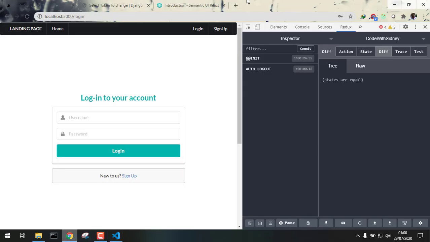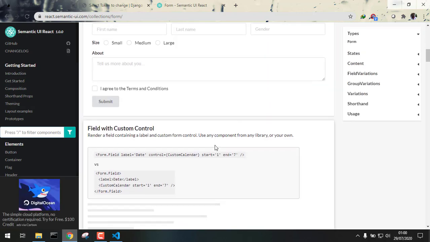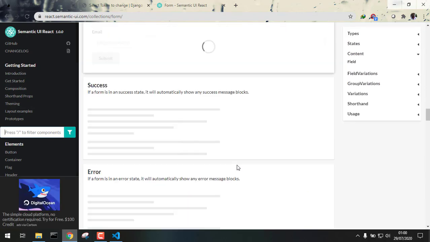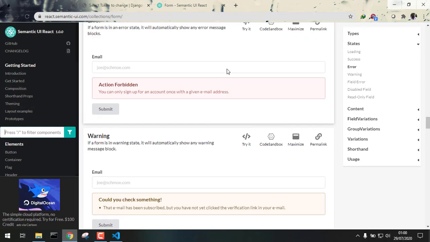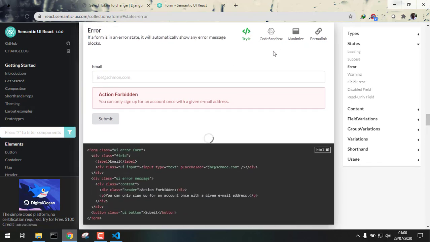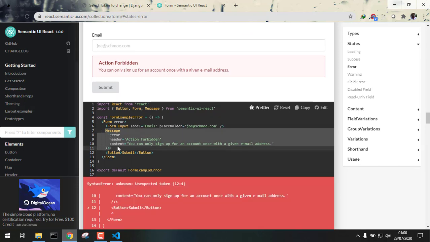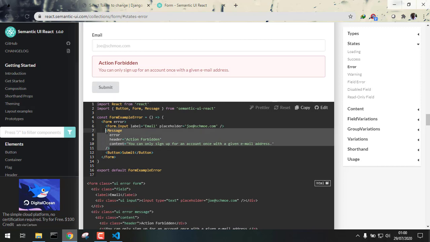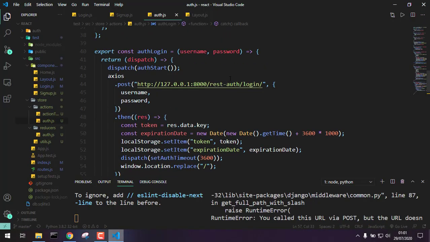So what you can do is if we go to Semantic UI, check for our form. Now we can look for a form message, something like this. So if we have an error, if you click on try it, basically it is this message component here. Copied that wrong, so copy that. If you come back to our login form,